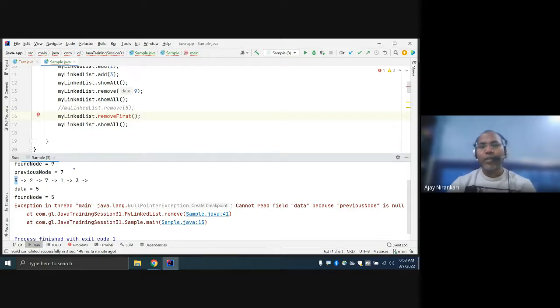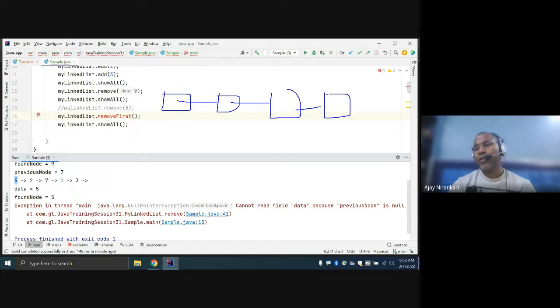So what happens? This is your first element, next element, next element, next element. This address is held by the header. So if you remove this element, then your header should point to here, right? So that your linked list can start here.